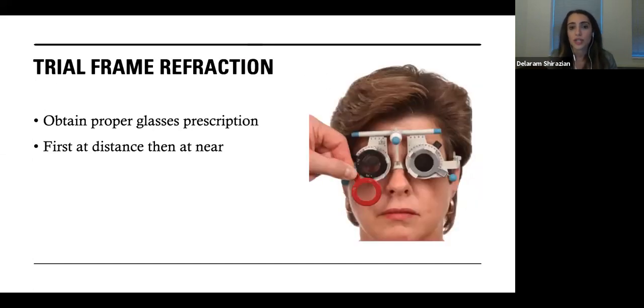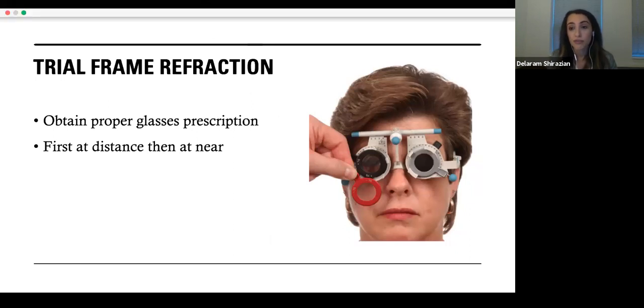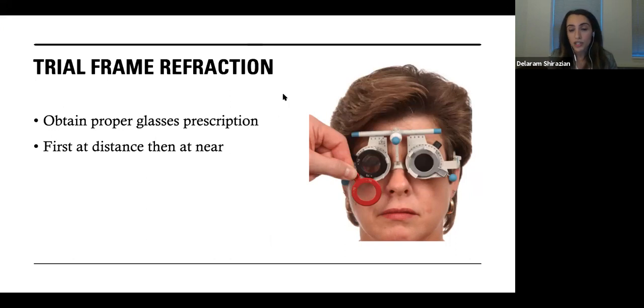After we check your visual acuity, the next major thing that we do is what's called a trial frame refraction. A refraction is just a fancy word for measuring your glasses prescription. So this is an example of a trial frame refraction here. The patient is wearing kind of a big funny pair of glasses that allows us to insert and remove